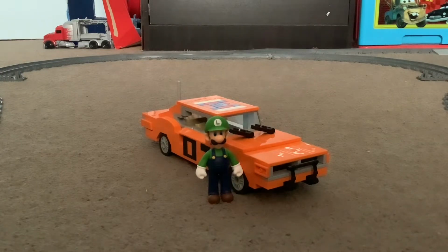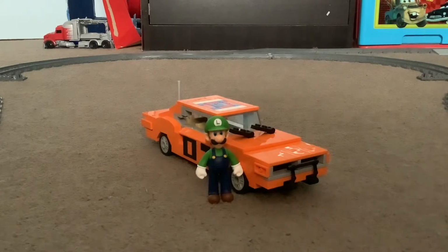Now, you know how I said my big General Lee Lego, that I thought was going to arrive next week? Well, guess what? The Lego has arrived. And you will be blown away by how much I have completed. I'm not going to tell you whether I 100% completed it, but I am going to say this: it's a heck of a lot more than what it was a couple of weeks ago. Also, some other news is that